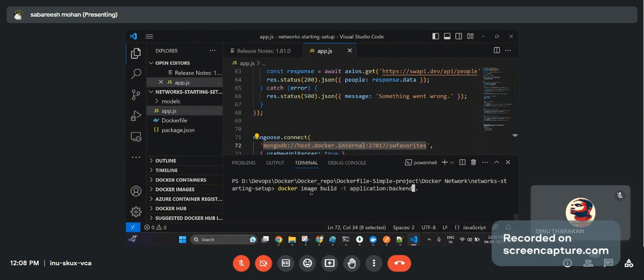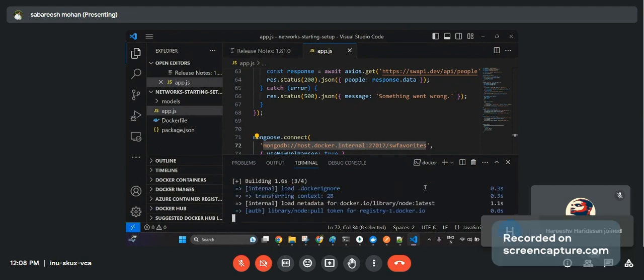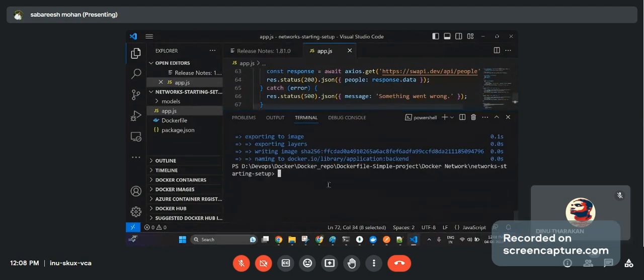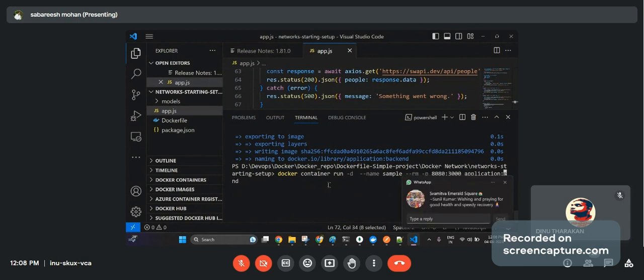Okay, now I'll build this image again. You can see the image is built. Now, if I run that container again, instead of front end, I'll run the backend.